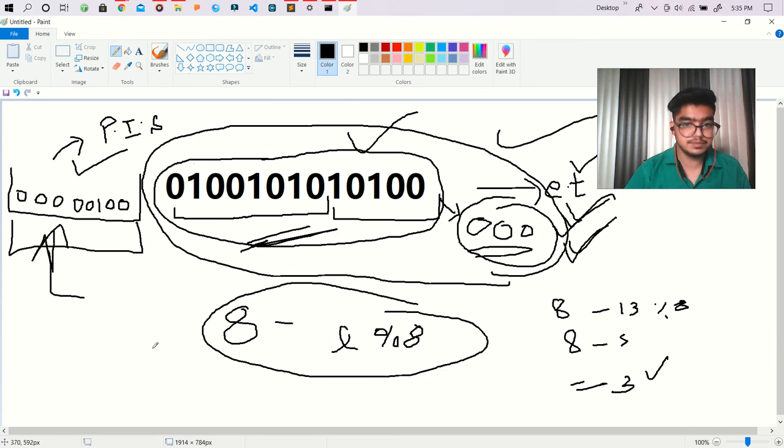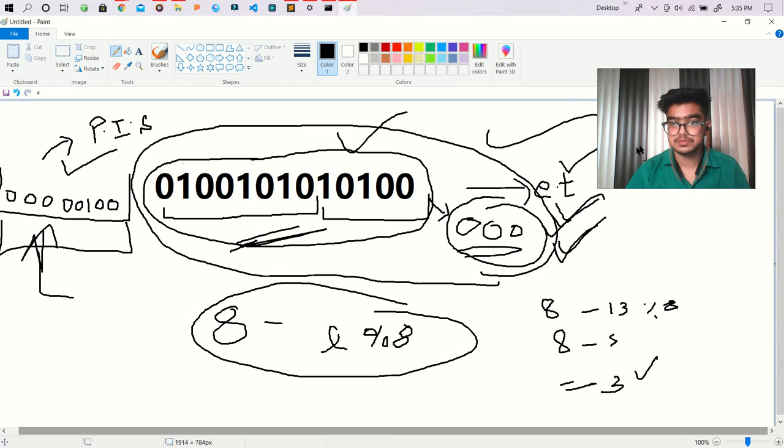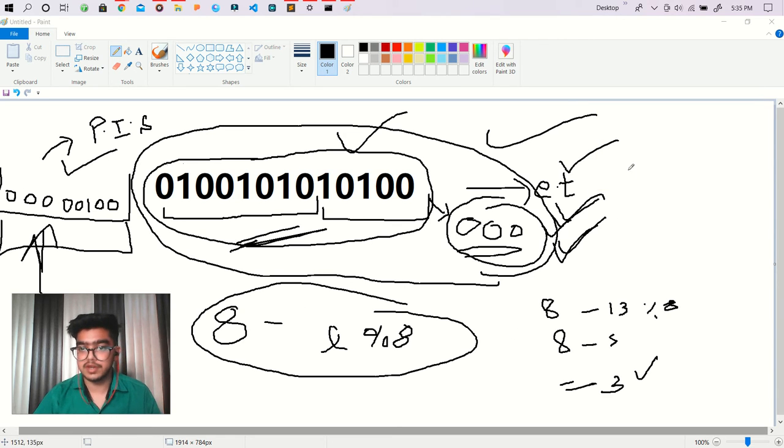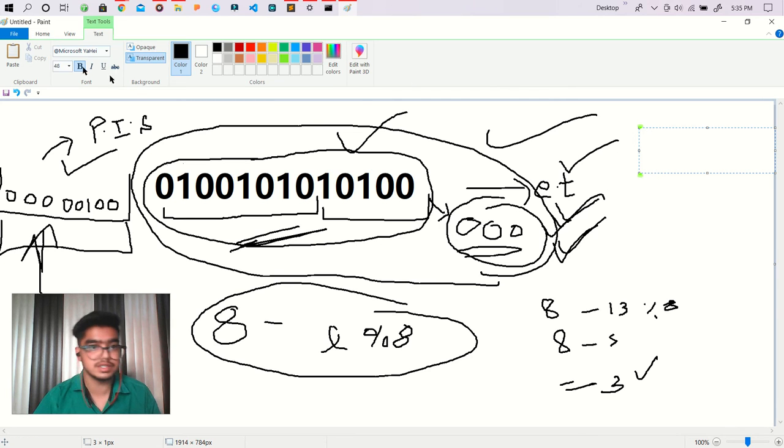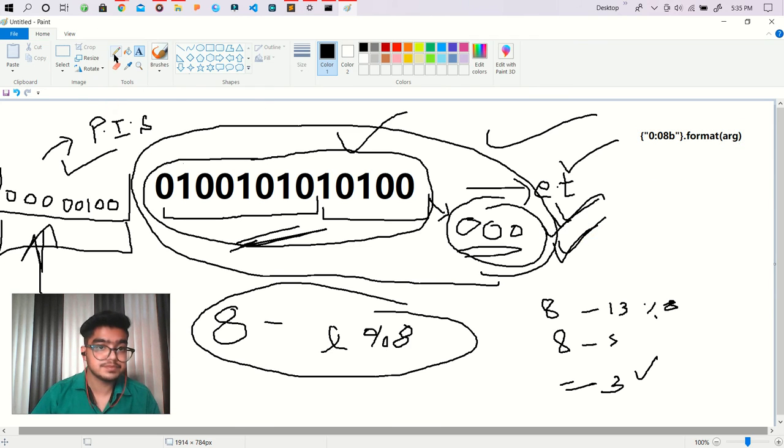Now here we are understanding this part. So what I am writing here is, 0, colon, 08B. So what does that actually mean?